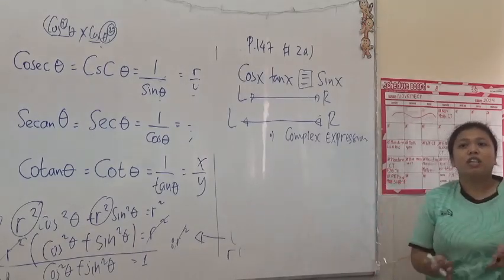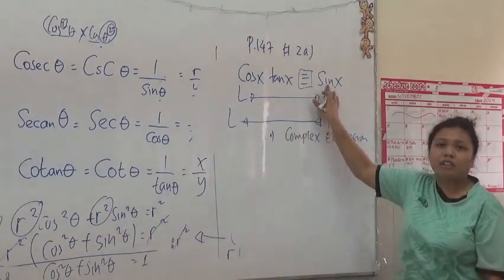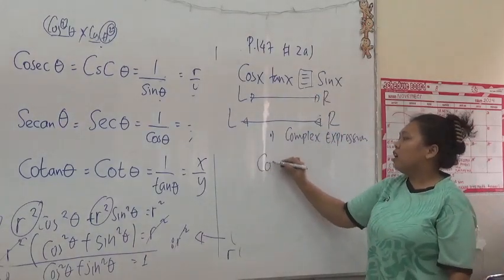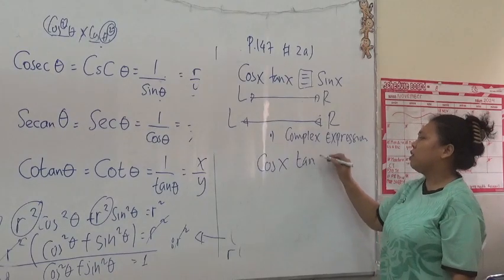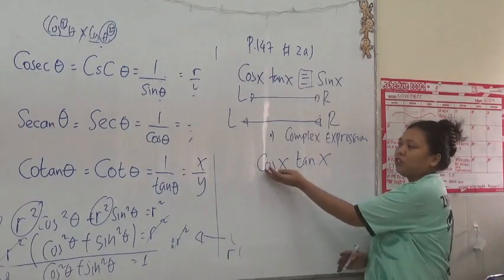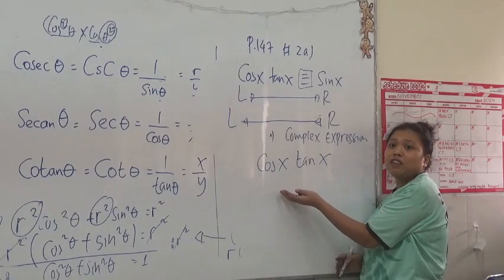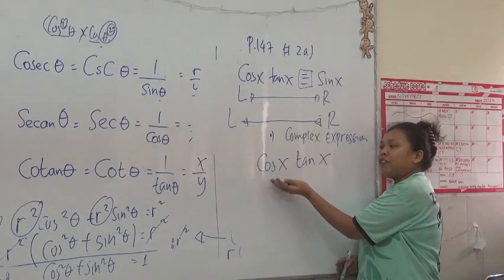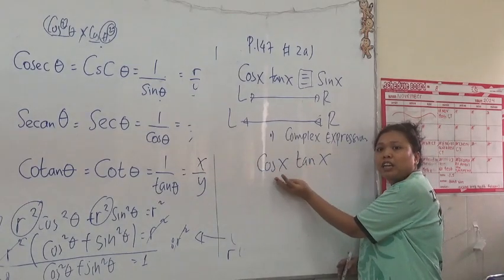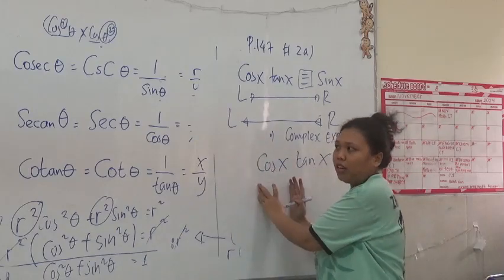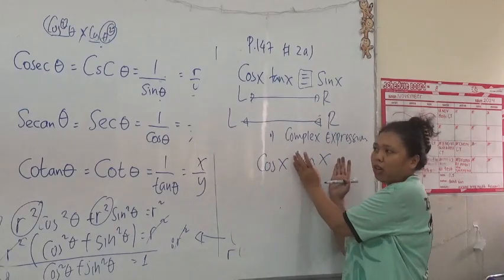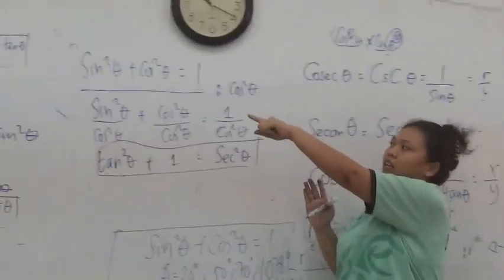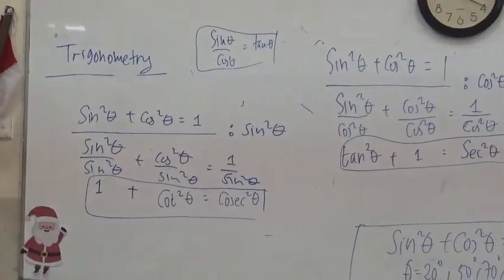I need to rearrange until this one goes to the sine x. Okay, so first, cos x tangent x is given. We cannot do anything with cos x because there is no right angle triangle given here. Based on the definition, it's just a ratio, but you don't have the right angle, so this just stays as cos x. But you have the tangent x formula. What is it? Sine over cos, the angle x is x.